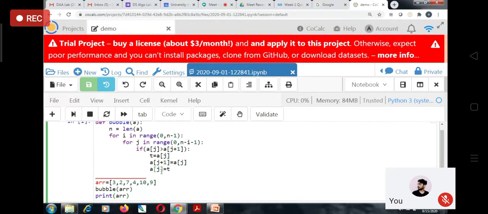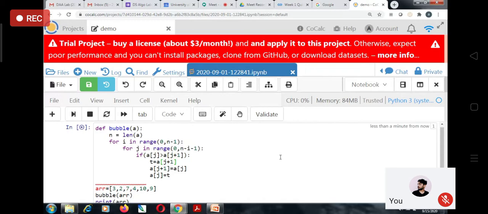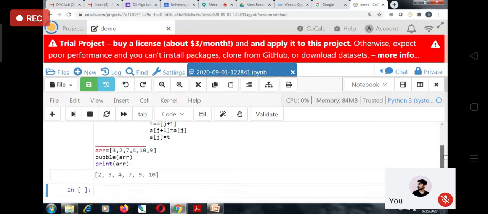Sorry, that is j plus 1 equals j, yes. See now, we have got the sorted list.